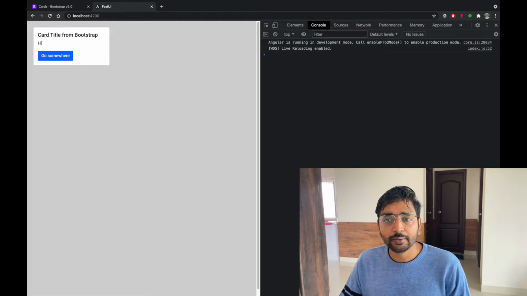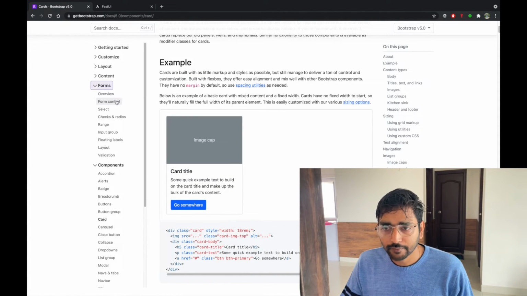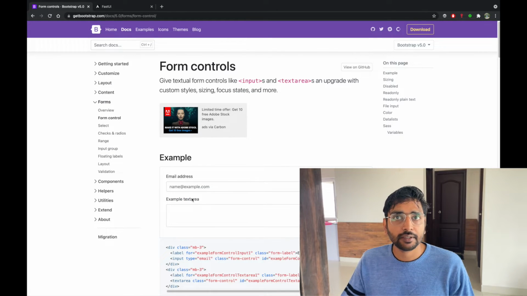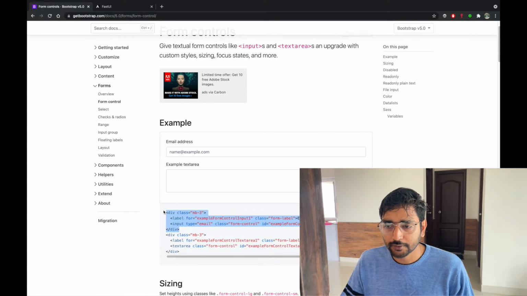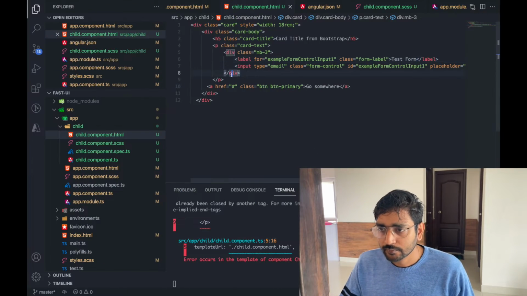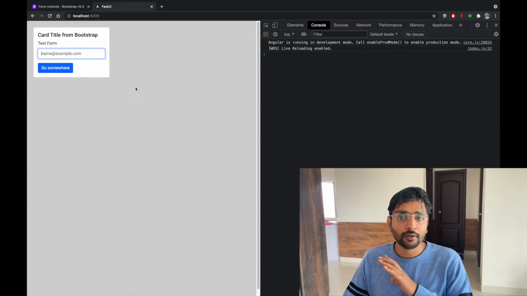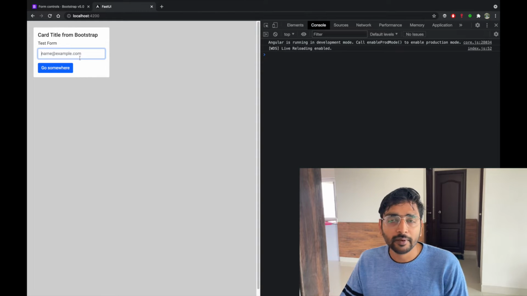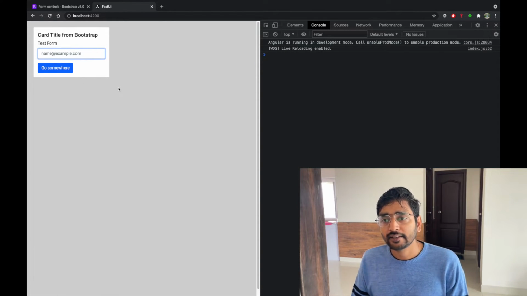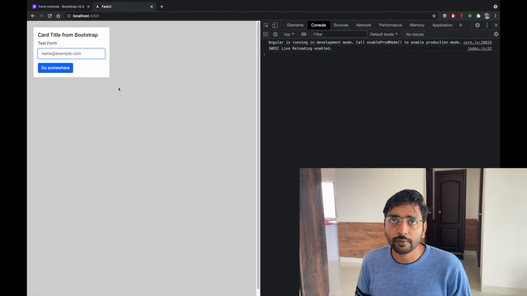Let's now try to add a form element in this one. So we have Form, and we can see we have an example here. Let's just copy this. You can see now we also got the form element with the button which we had in Material. You can understand how much less effort this was to create any UI.